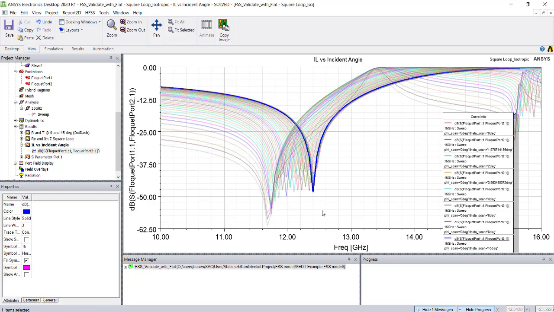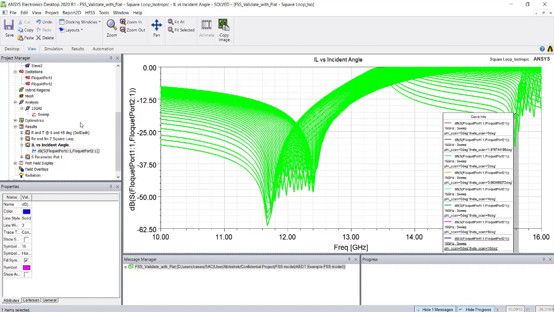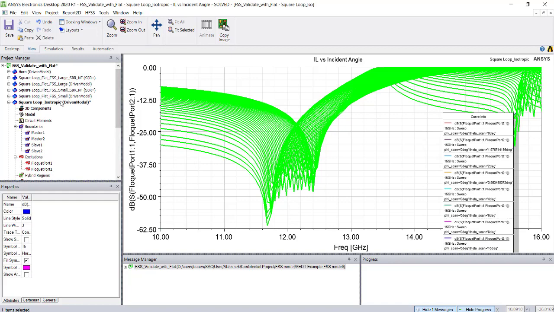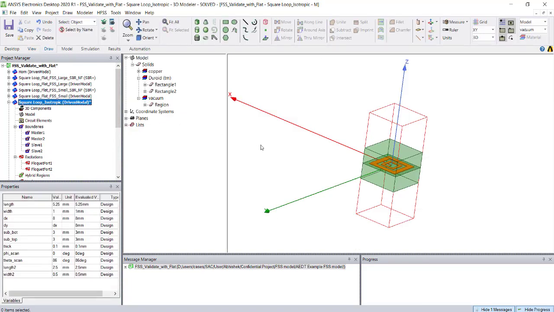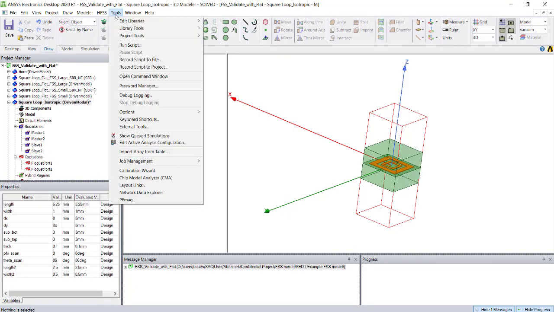Depending on the incident angle to the structure, your S parameter is varying. So now you have the transmission coefficient and reflection coefficient of this structure. What you need to do is, there is a MATLAB or Python script developed by the HFSS team. You can run that script, which will automatically take the incident reflection transmission coefficients into a reflection transmission table.